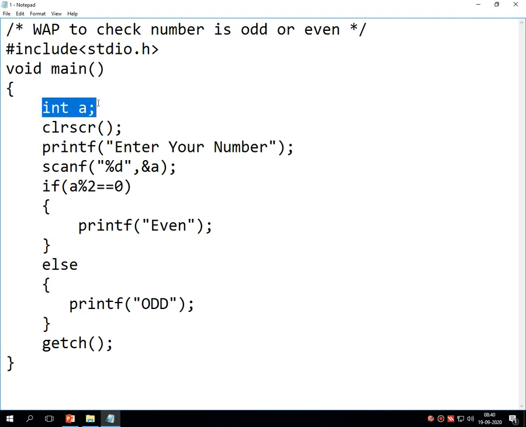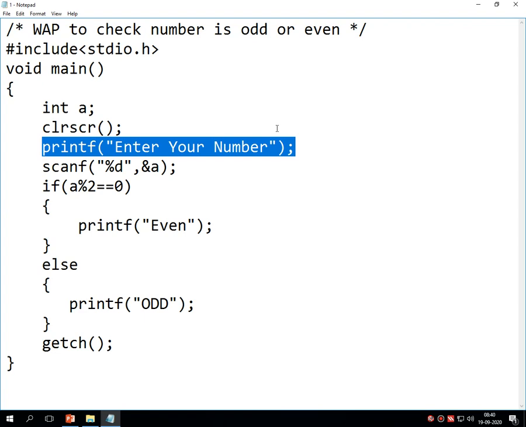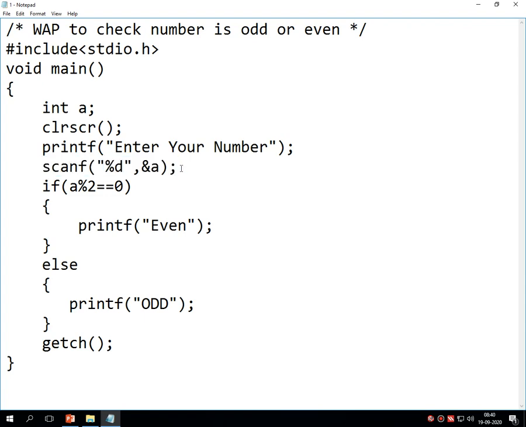Then, as the first line of code, I am writing int a, which accepts any number from the user. Then there is clrscr. Then the message printf "Enter your number". Then it reads that number from the user. Say, for example, after this message I enter 5. That 5 is stored in a with this statement.